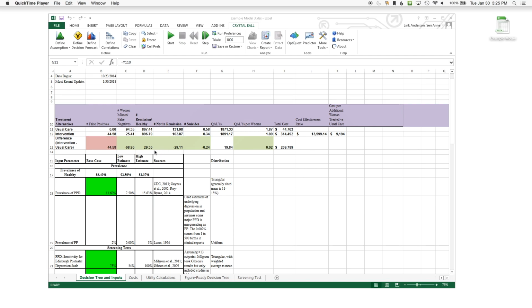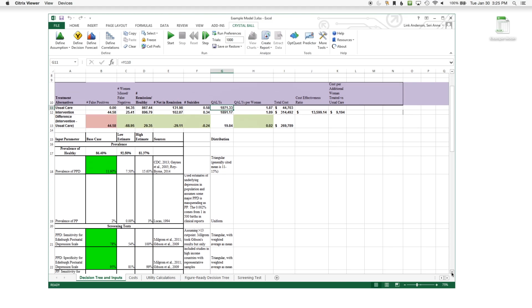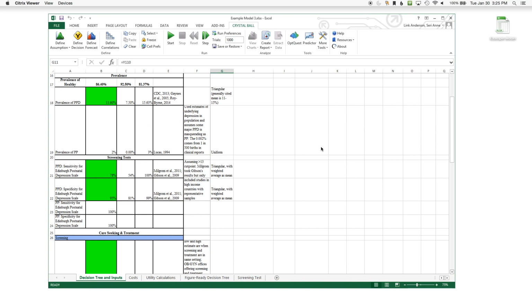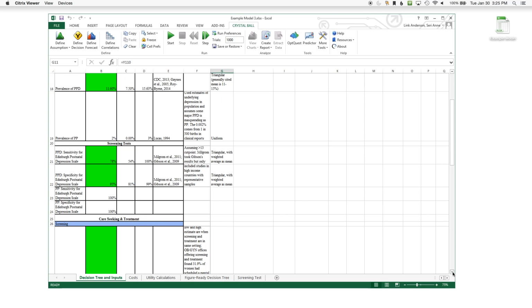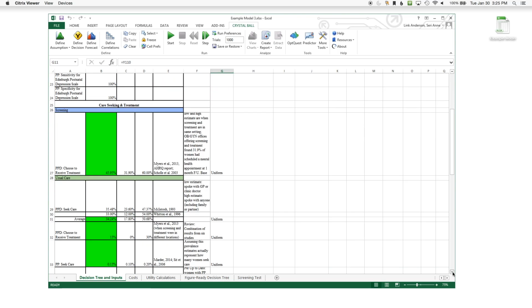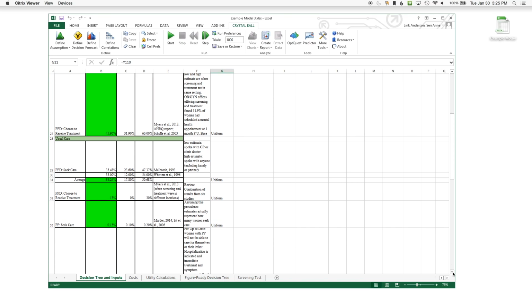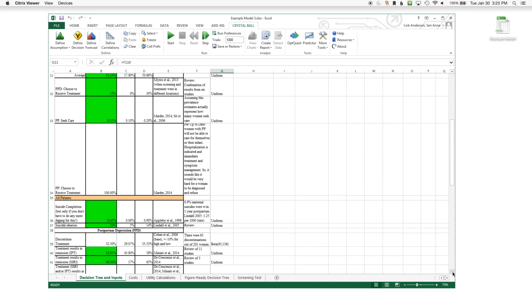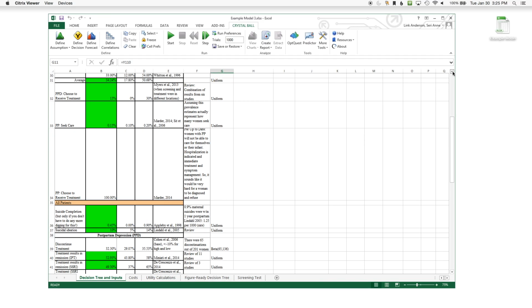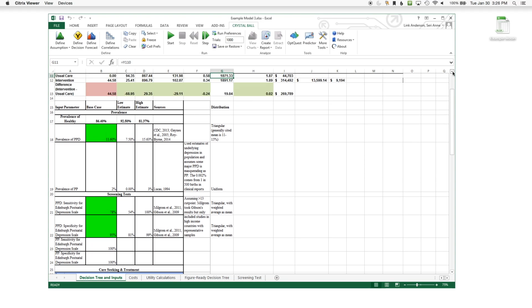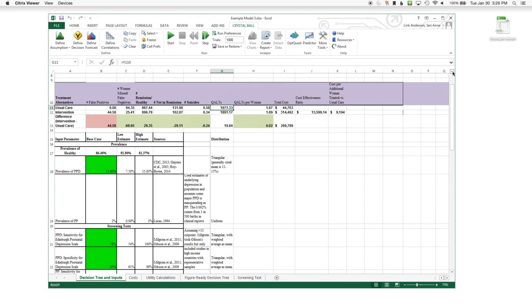So I had already gone through, as I said, in HPM 785 and done a PSA on this model before. So a lot of these, wherever you see it highlighted in green, that means that that variable already has a distribution applied to it in Crystal Ball. But I removed the distributions from a couple of variables just to show you how to do that. So we'll be walking through that as well. So let's get started